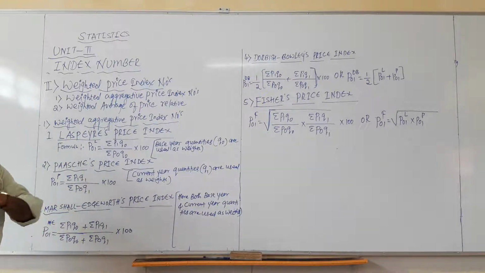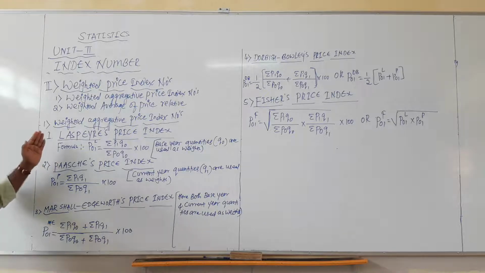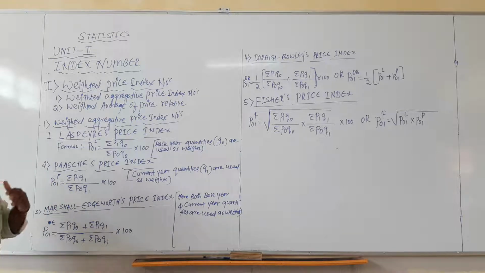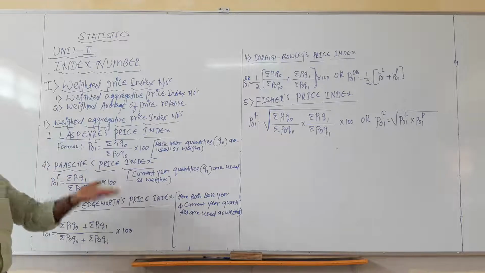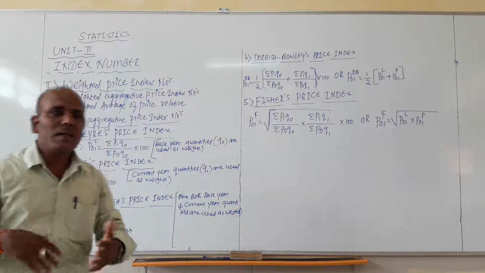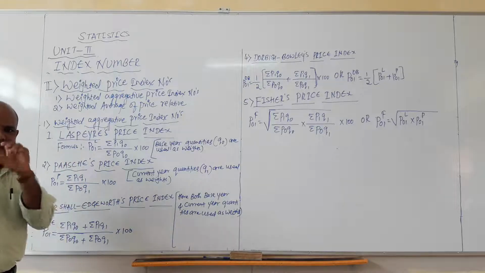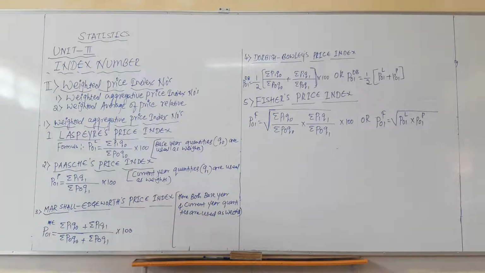And also the formula for calculation or construction of index numbers relating to the first method, that is weighted aggregative price index numbers. It means there are 5 different scholars, statisticians and mathematicians, who gave some formula for construction of index numbers according to their perspective. So move on to the formulas relating to construction of index numbers.